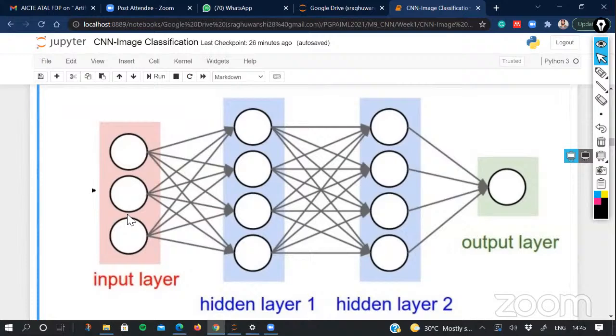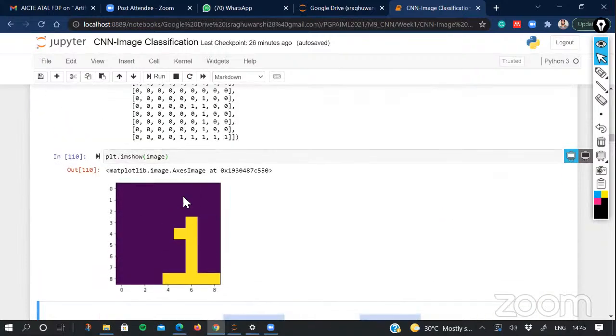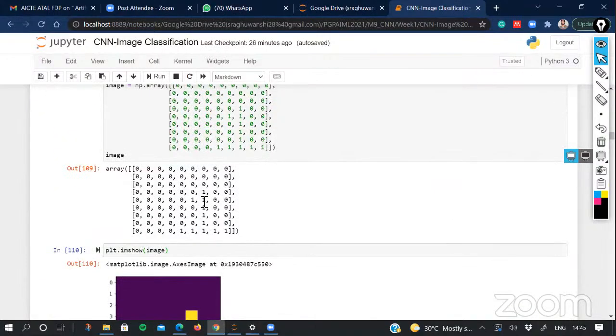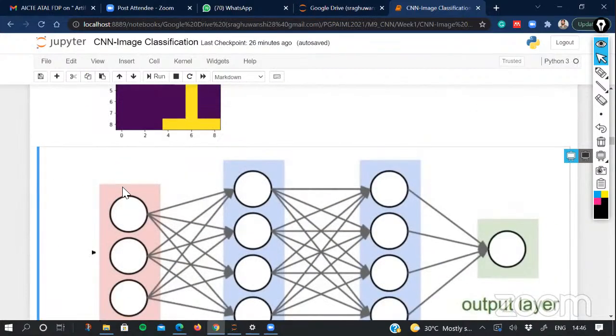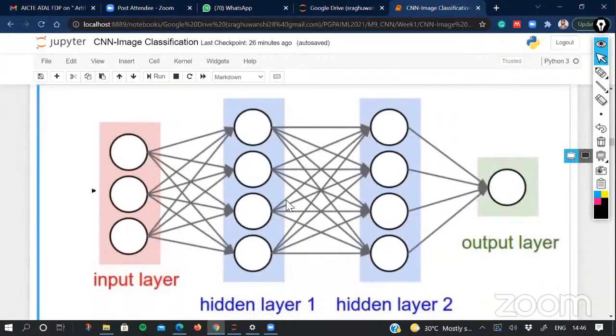But if you increase the resolution of this particular image, or let's suppose you are representing that image as 900 x 900, or let's suppose 90 x 90 pixels, you can imagine the length of the input vectors, and that can really explode the number of parameters within that network. So these are the 2 reasons. Because of that, we can say that these fully connected networks are not a good fit for image classification problems, or the problems that we generally see with respect to computer vision.